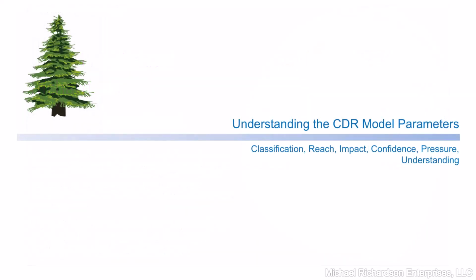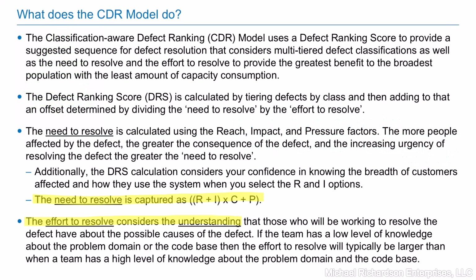Classification-aware defect ranking is a model that I developed for prioritizing defects based on a mandate to repair and the breadth of exposure. This video presents how to calculate the CDR model defect ranking score. Before we review the defect ranking score equation, let's summarize the model and review each of the factors to be